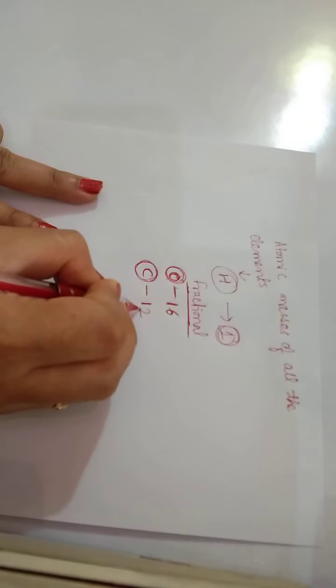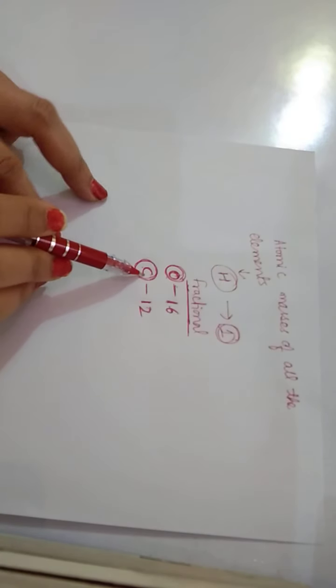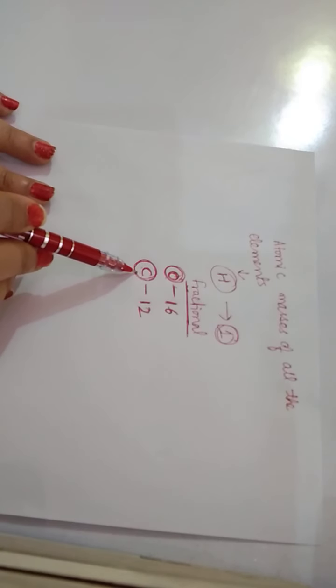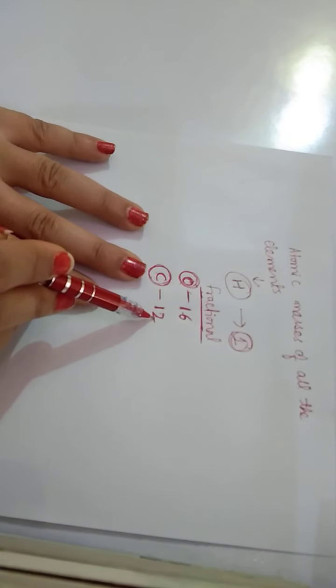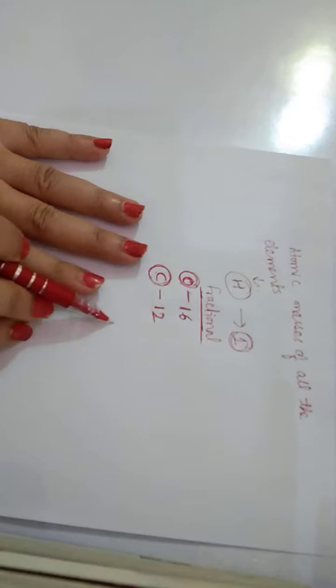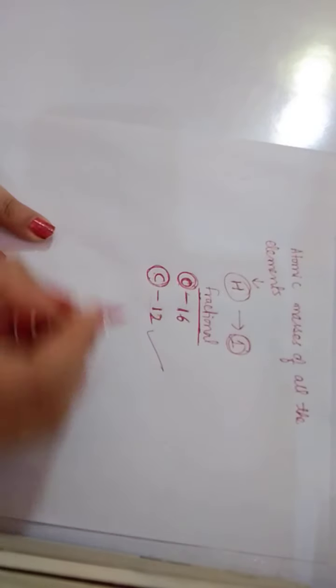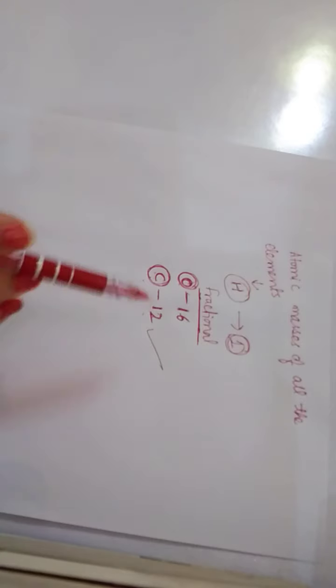So the atomic mass of carbon was taken as 12, and we compared the atomic mass of all the elements with carbon 12. This was accepted worldwide, that is, the atomic mass of carbon is 12, and with the help of this we find out the atomic mass of other elements. So this is taken as standard. Now in all the definitions you will be having carbon 12.